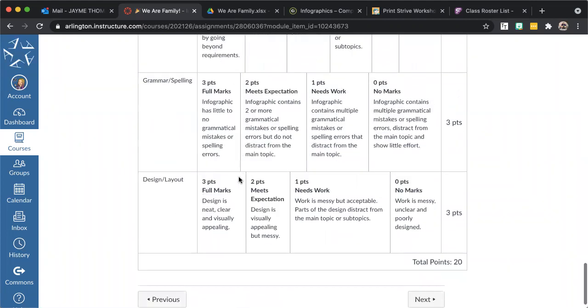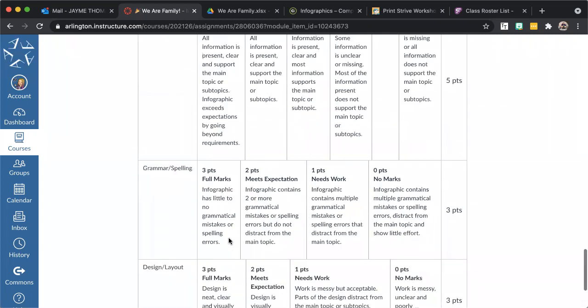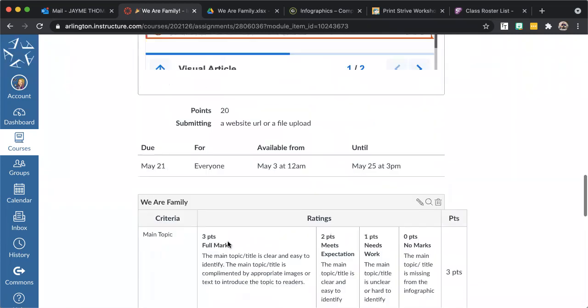And then the last two kind of have to do with aesthetics. So grammar and spelling, and then design and layout, 3 points for each of those sections. So make sure that you check for grammatical mistakes, spelling errors when you're typing your information. Make sure your design's neat, clear, and visually appealing. Okay. So if it's hard to look at and hard to read, you're not going to get full points in